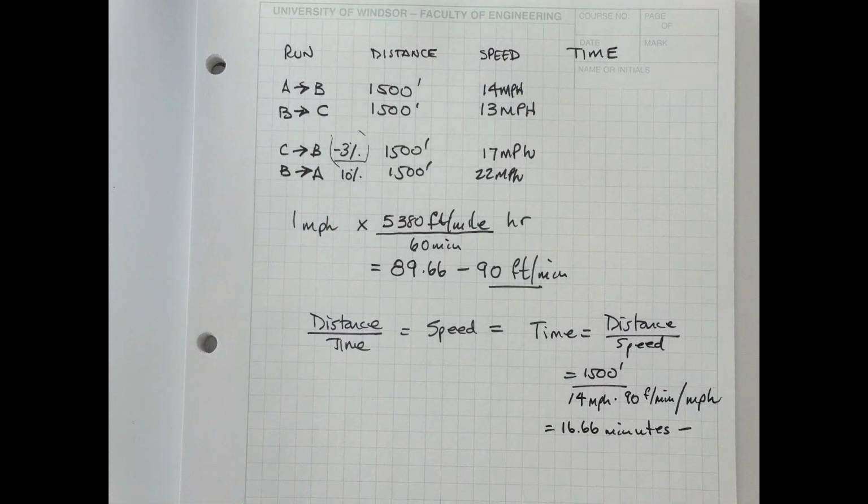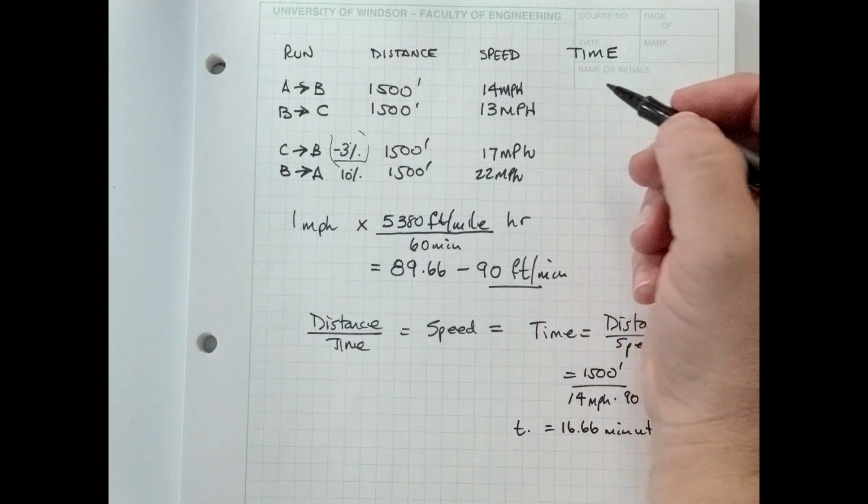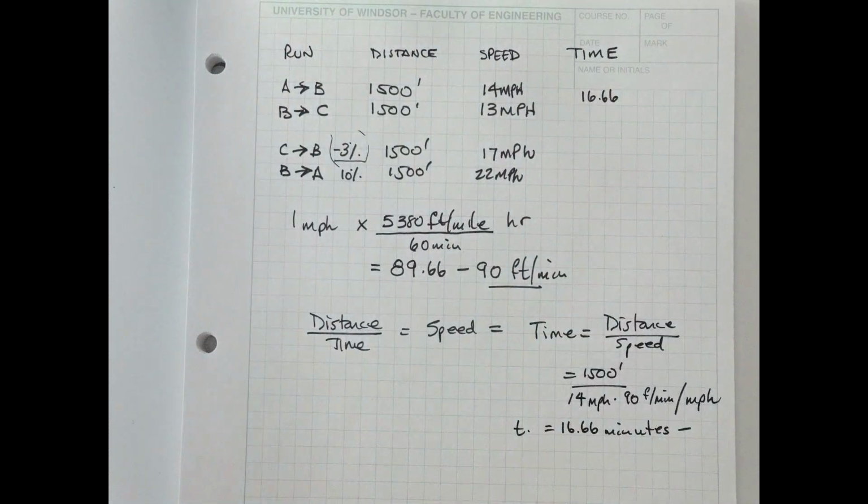And if we're going 14 miles per hour, that means in 60 minutes we would go 14 miles, which means we go 0.233 miles every minute. And if we need to go a number of miles, multiply that by 14, we get that same amount of time. So this is our time in minutes. So we would, what do we use, 14? And so this would be 16.66 minutes. 13, we just do the same thing. If I have 1,500 feet, I divide that by 13 miles an hour, divide that by 90,